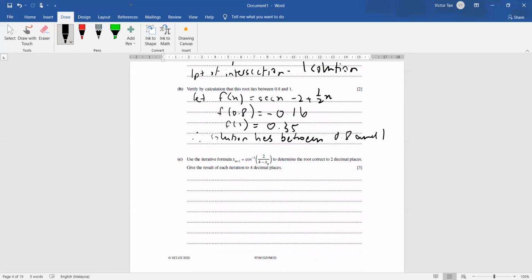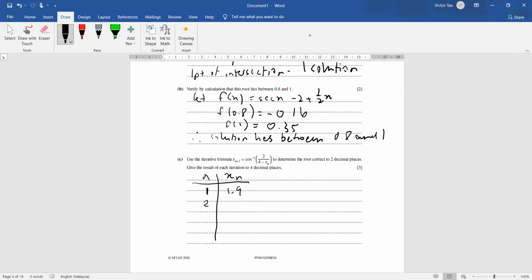to determine the root correct to 2 decimal places, give the result of each iteration to 4 decimal places. Here I would always like to put in a table. And so x1, when n equals 1, will be your first approximation. I will put it right in between 0.8 and 1, which is 0.9. So x2,